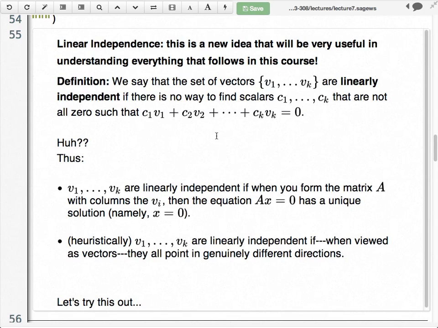This means a collection of vectors, and I'll even use this set notation. So I'll just say v1 through vk, and they're all in, let's just say Rn. You'll be able to make the same definition if they're all in C to the n or whatever. Doesn't really matter. So if you have such vectors, we say they are linearly independent